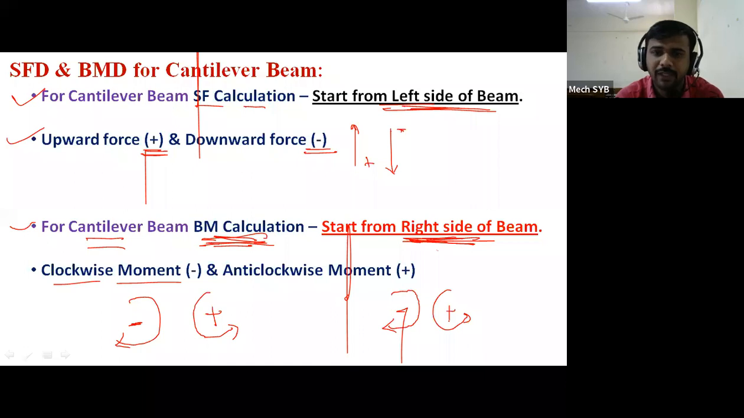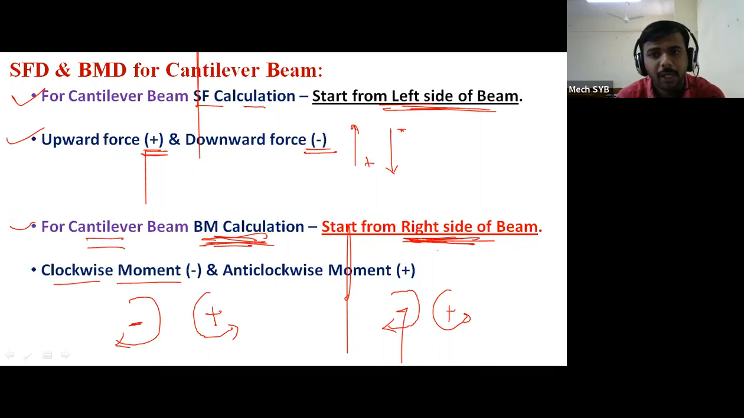So why have we started this particular BM calculation from the right side? Because if we start it from the right side, your calculation and your simplification becomes very, very simple. If you start from the left side, sometimes there is a possibility of confusion in the calculation also. So instead of starting from the left side, for more and more simplification and for simple understanding,